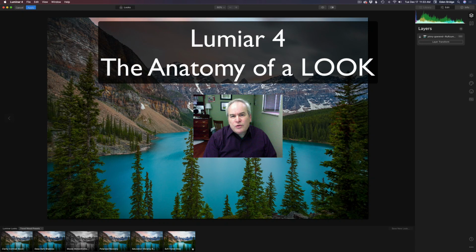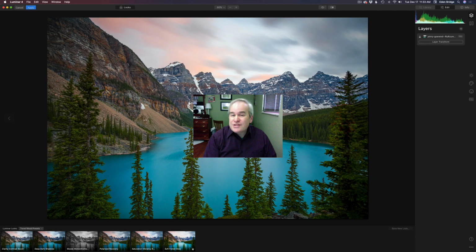I'm calling this tutorial today the anatomy of a look, because what I want to do in this tutorial is go into the looks inside of Luminar. Now, looks are powerful. They're great tools for helping us if we're having artist block and we don't know where to go with an image. We can click on looks, and that can help us get that block removed,